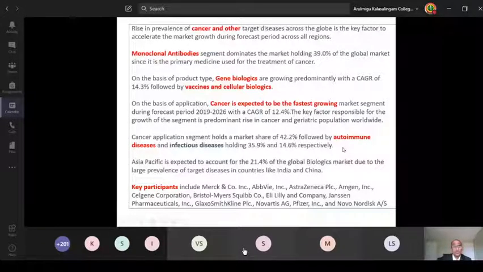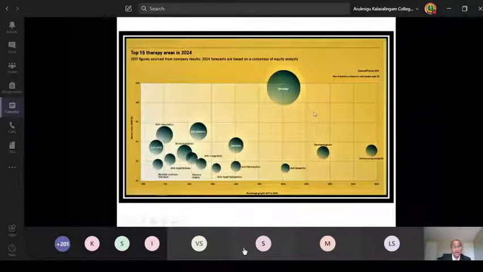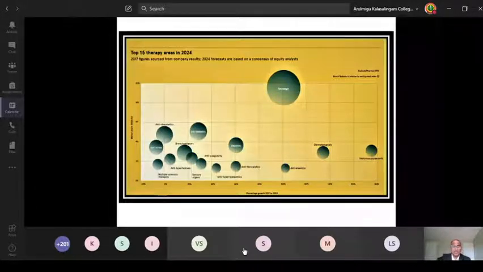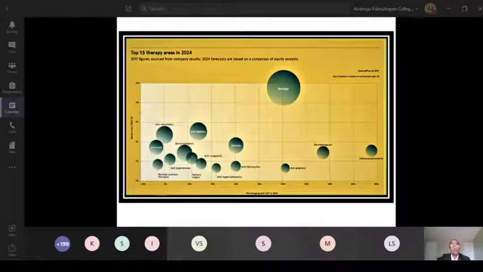Now I'm going to talk about the overall segments. By 2024, the therapy areas are dominated mainly by oncology. Over the last 2 decades, there is an increasing number of oncology or cancer patients worldwide, not only in India, but also in the US and across the globe. Oncology is the biggest thrust area where innovative therapies are mainly focusing. Likewise, anti-diabetics, diabetes is another therapy area, anti-rheumatics, bronchodilators, vaccines. These are the therapy areas. This graph depicts how for the next 2 or 3 decades, we have to focus more on innovation therapies.